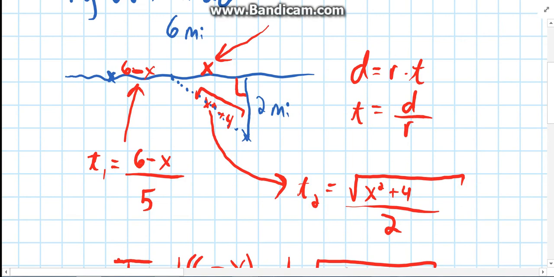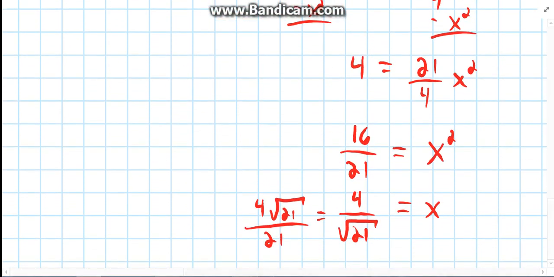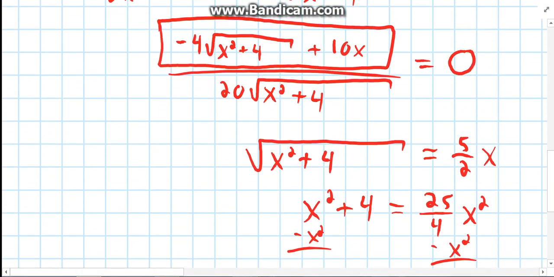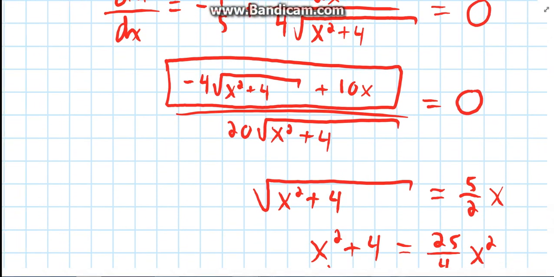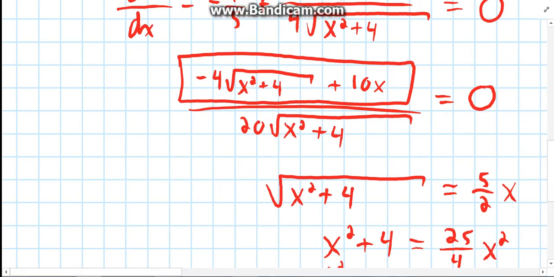All right, now to check and make sure it's a minimum, we've been doing this, we're going to make a number line. So we go back all the way up to our derivative, and this is going to be kind of weird, but our number line, what's the shortest distance